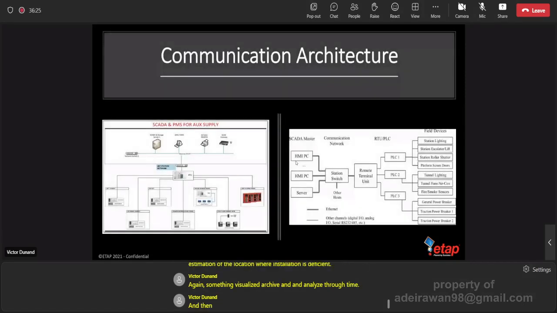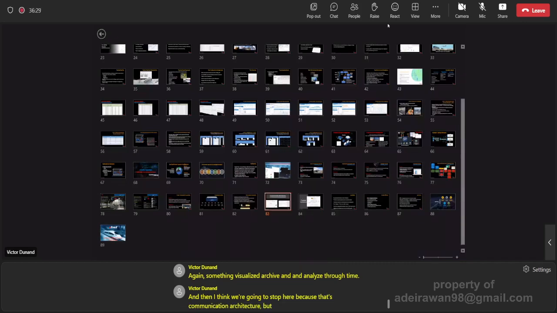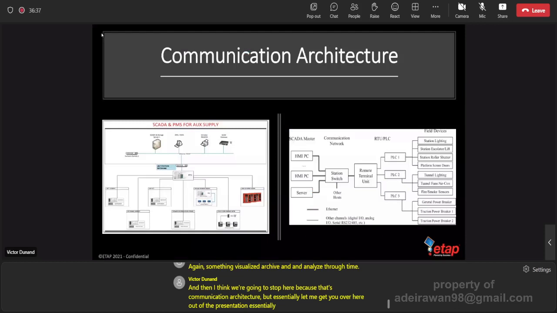And then I think we're going to stop here because that's the communication architecture. But essentially, let me get out of the presentation. Essentially, if I summarize,